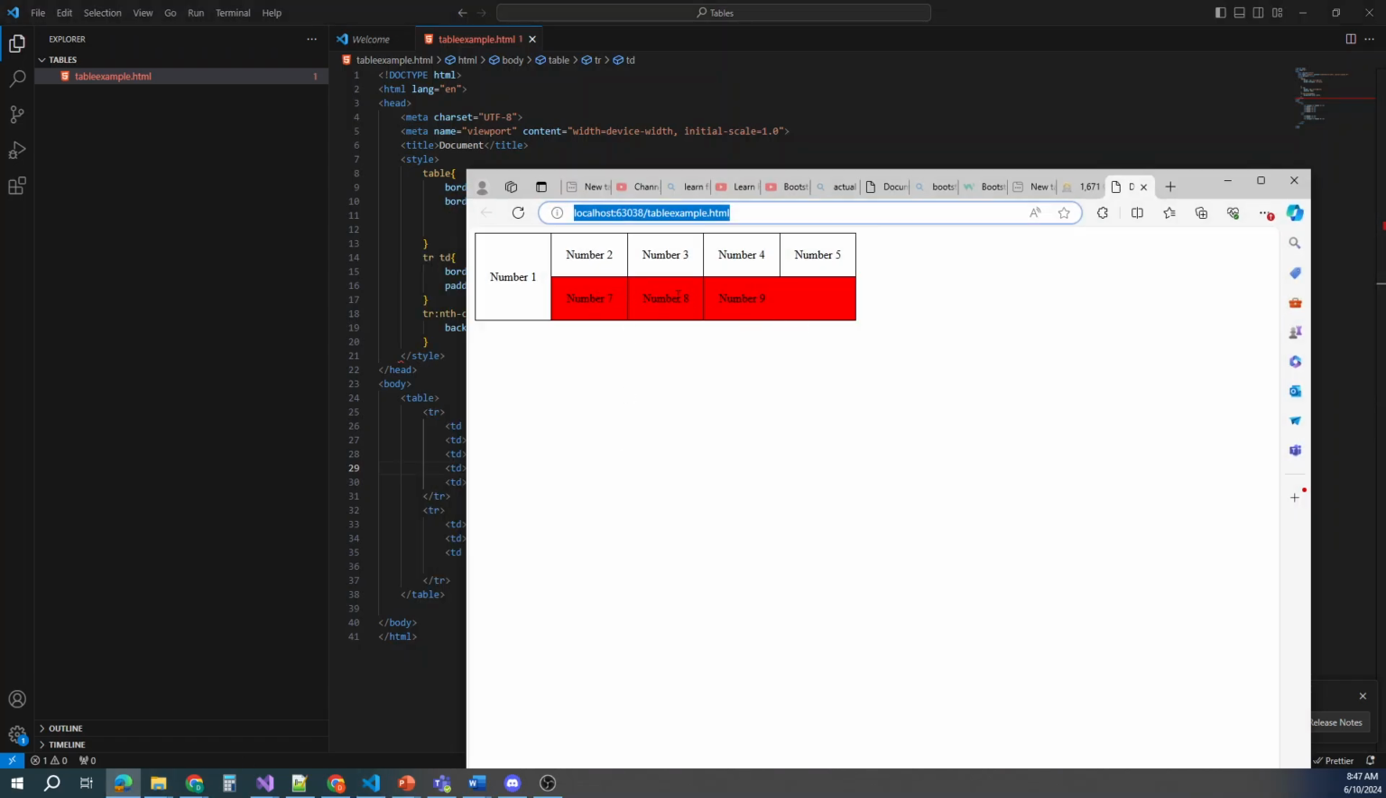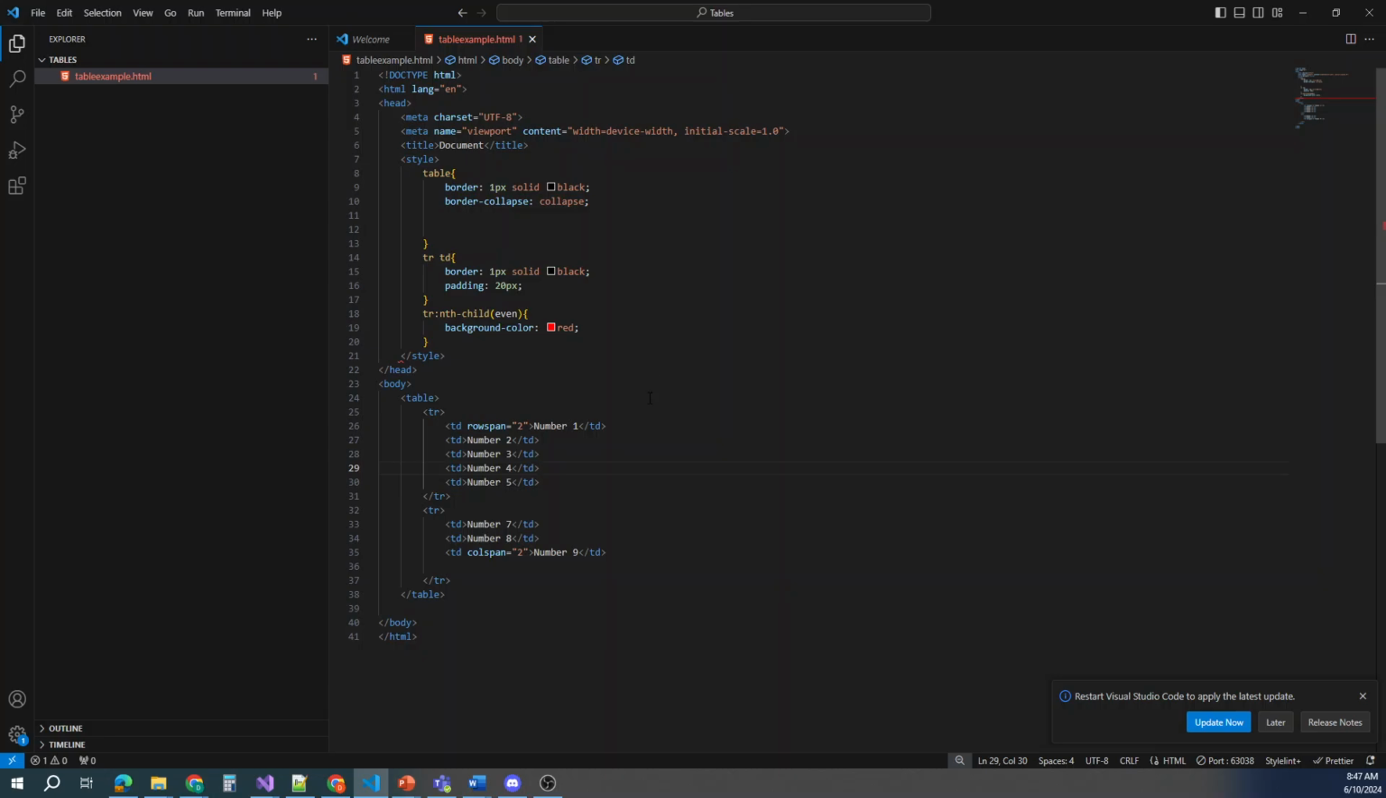You can see those are our even rows. These are odd since they're all in that first one. That's technically in the first one, and these are all in the second row, which would be an even. If we switch this to odd, actually